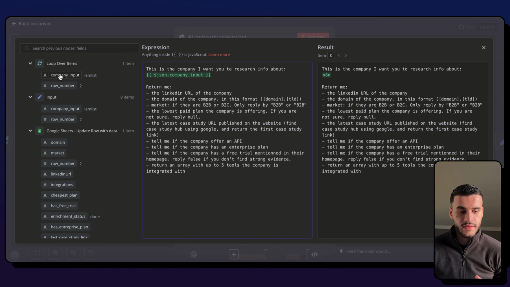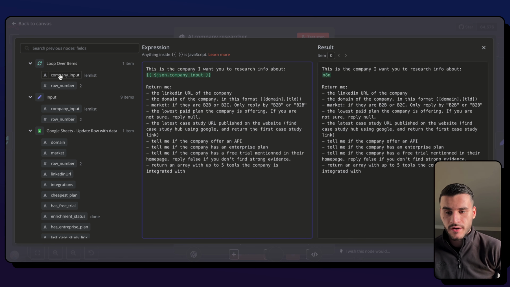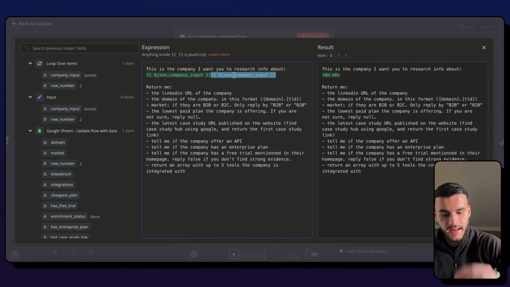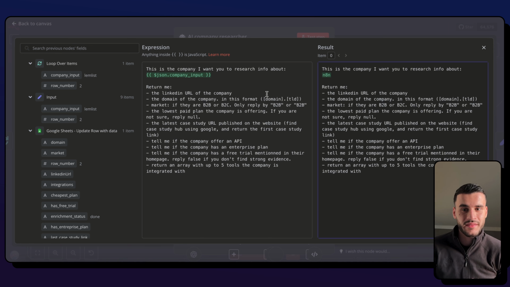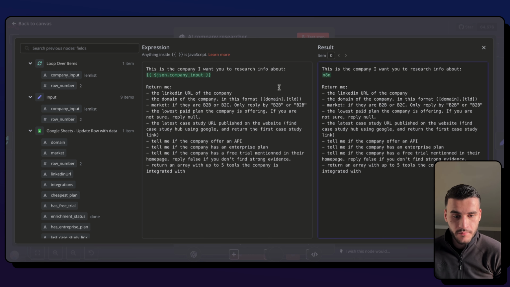As you see, the input that we're looking to implement in this specific node step in the AI agent hierarchy, we implement the edit fields loop over items node here. We just copy that into here. This is a dynamic string. As you see, for this specific example, it's the n8n that I've implemented or specified within the Google Sheet. Return me the LinkedIn URL of the company, the domain of the company in this format, market, if they're B2B or B2C, the lowest paid plan, if they have a free plan, whatever,